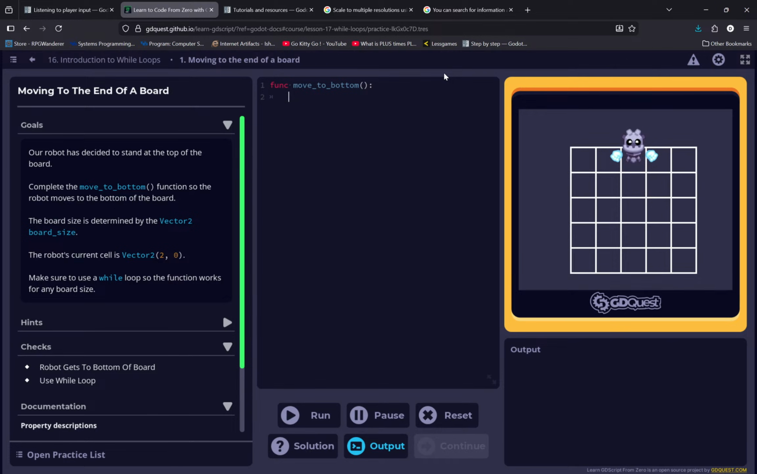So we need to initiate a variable for the while statement. Var location equals 0, while location is less than, and it's starting at 0, so it needs to be less than or equal to, I believe. This might overstep the amount that it needs to go by 1. Less than or equal to board size y. We are going to